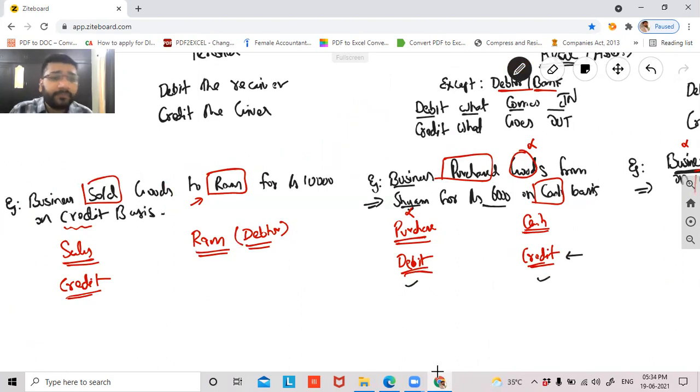Guys, Ram, tell me, what is Ram doing? Is Ram receiving the goods or giving the goods? Guys, in this transaction, what is Ram giving and taking? Can I say Ram is giving and taking goods, because money is not involved? So the only thing Ram can take is goods here. So we are talking about goods here. What is Ram the receiver of? Can I say Ram is the receiver of goods? If Ram is the receiver of goods, can I say we need to debit?